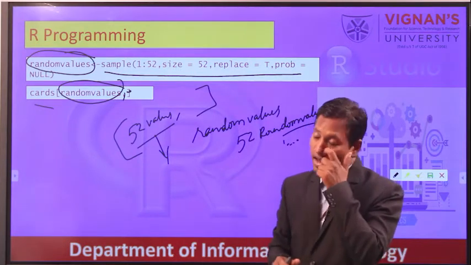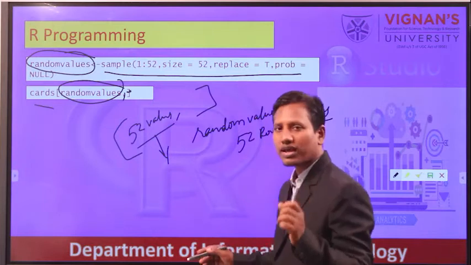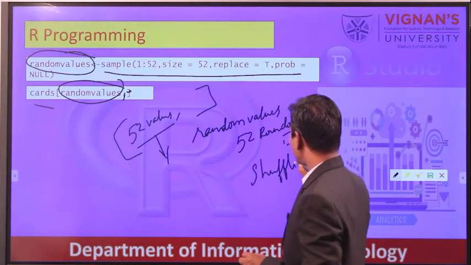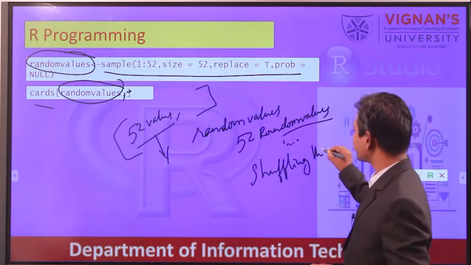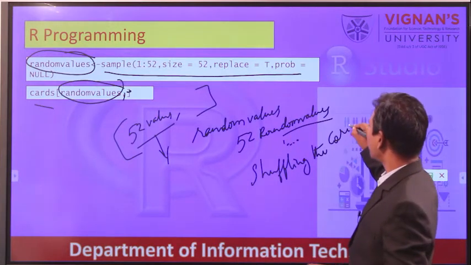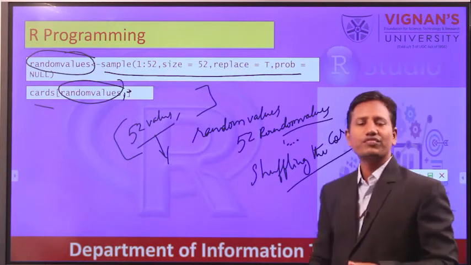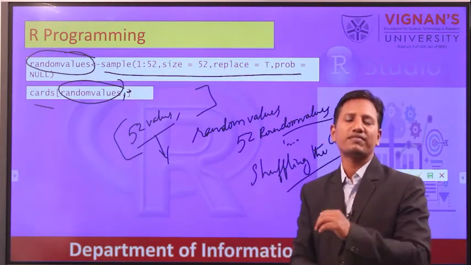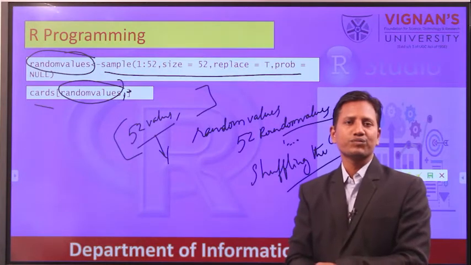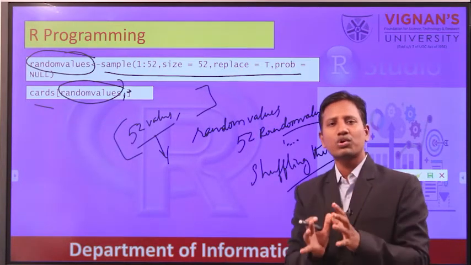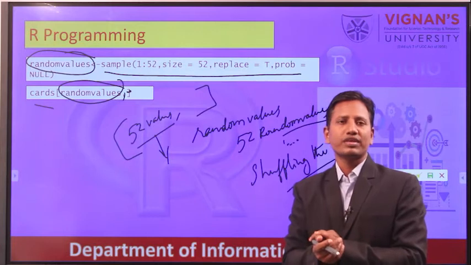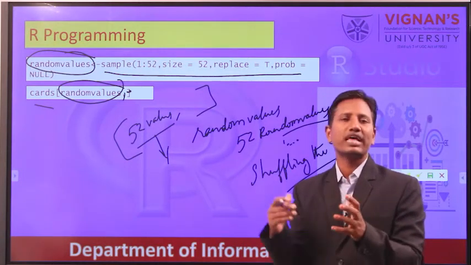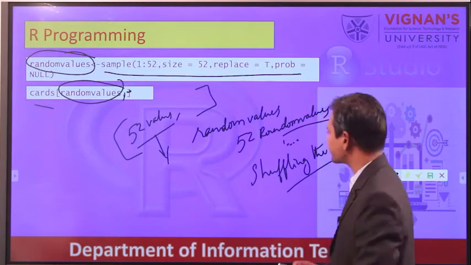Here we have achieved one task, that is shuffling the cards. The 52 cards we have shuffled with the help of the sample function. How? With the help of this sample function.